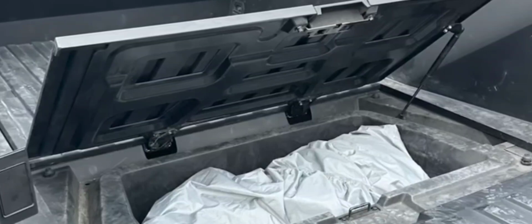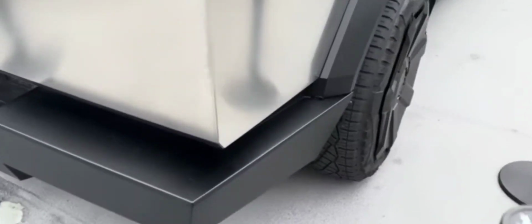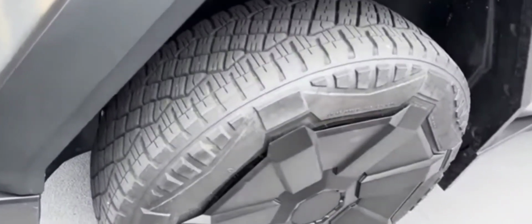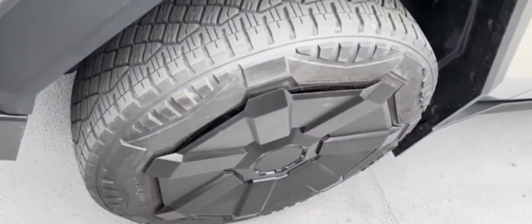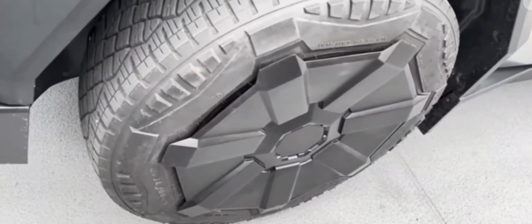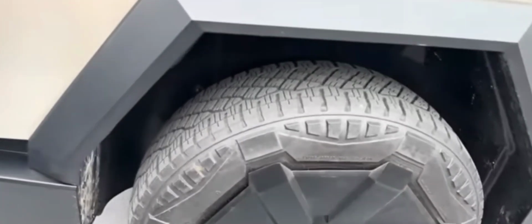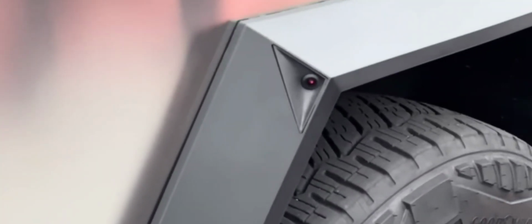Besides the problems with electric vehicles, as far as the more weight you have, yada yada yada, the more power it's going to use, it's going to shorten the lifespan of the battery. So you're going to see a lot of these vehicles. Sorry about that. That's my people on TikTok. You're going to see a lot of these vehicles